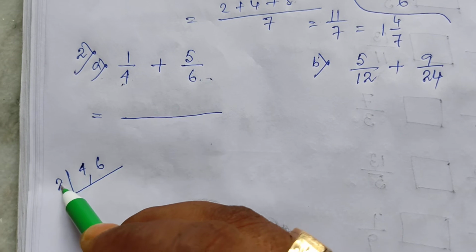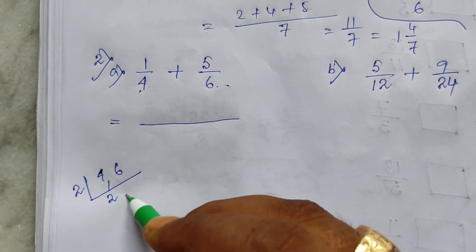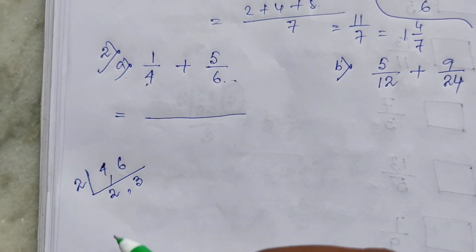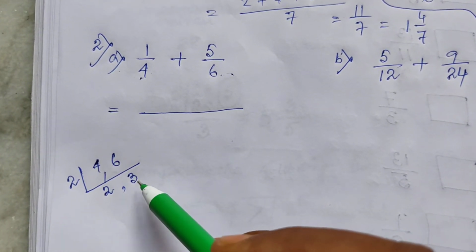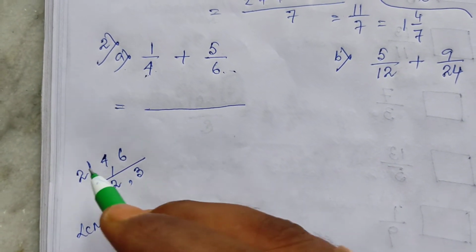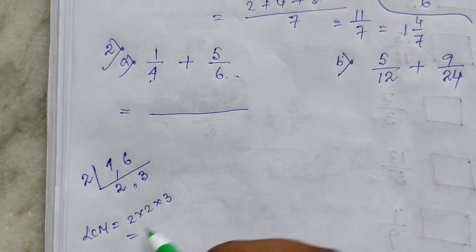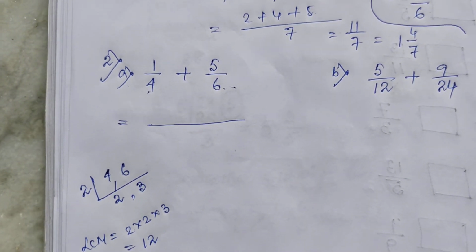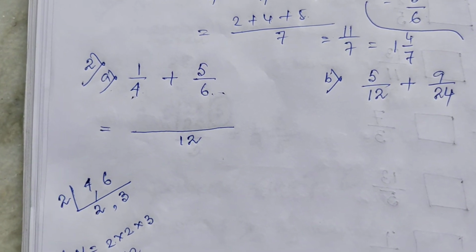So first of all, we will divide by 2. So 2 twos are 4, 2 threes are 6. Now you can see there are no such numbers by which 2 and 3 both are divisible. So what is the LCM? LCM will be 2 into 2 into 3, that is 2 twos are 4, 4 threes are 12 is the LCM. So write the 12 in the denominator position. Now